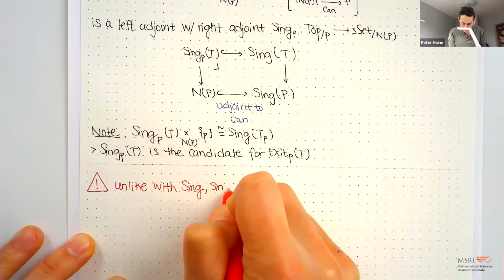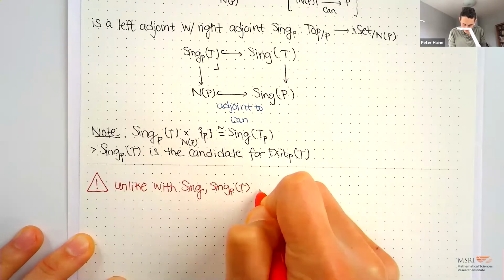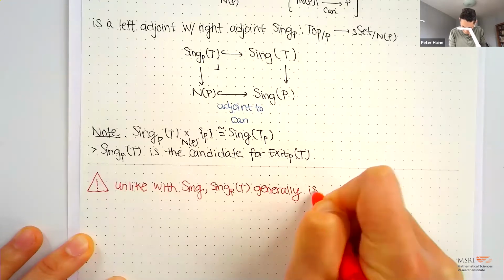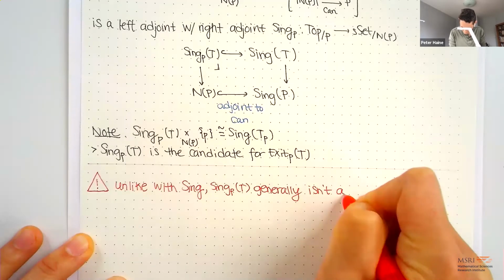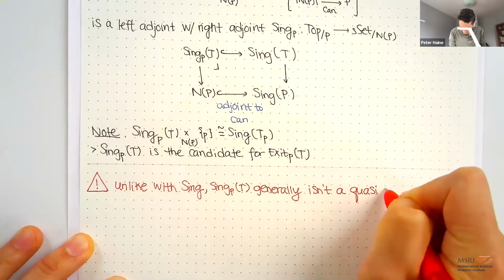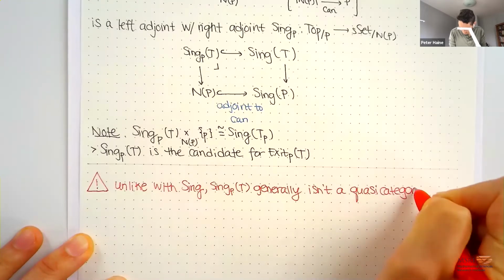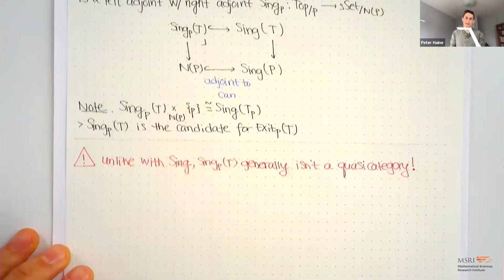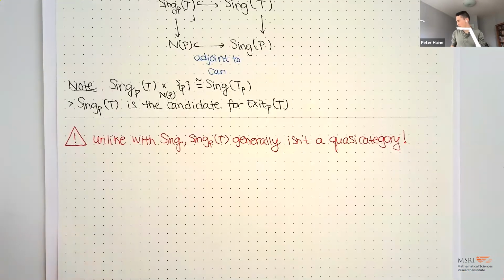Sing P of T generally isn't a quasi-category. This is kind of unfortunate in certain ways,